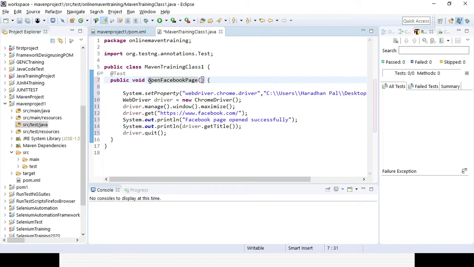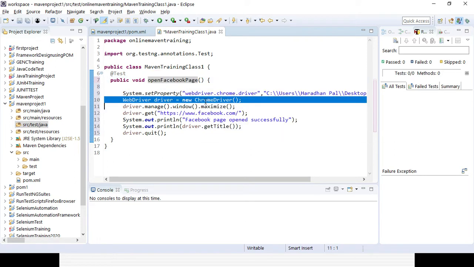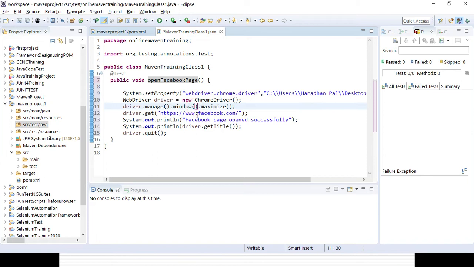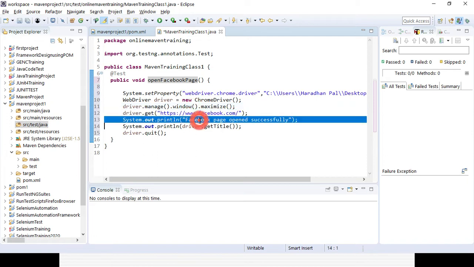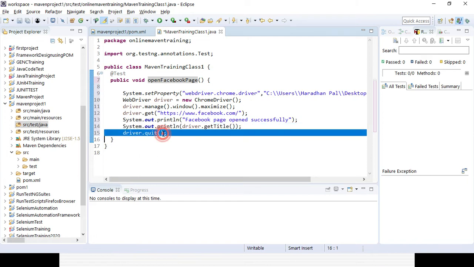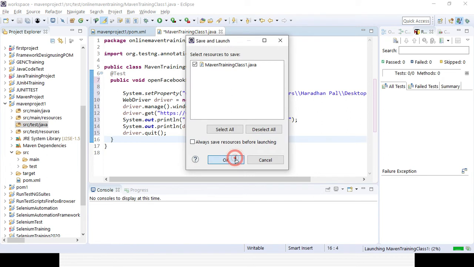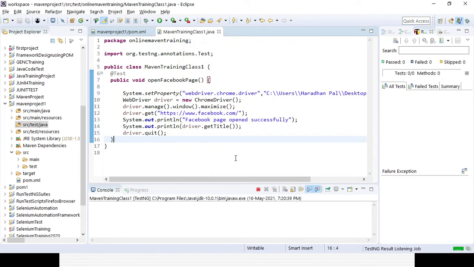So that is the function or method name. Setting the properties for the Chrome driver, opening the Chrome browser, maximizing it, passing the URL for Facebook. I am just typing that Facebook opened successfully, and I am also getting the title and also quitting the driver. Now if you want to run it from here, you can run it as Maven TestNG test. So let's try to run it from here and see how it behaves.